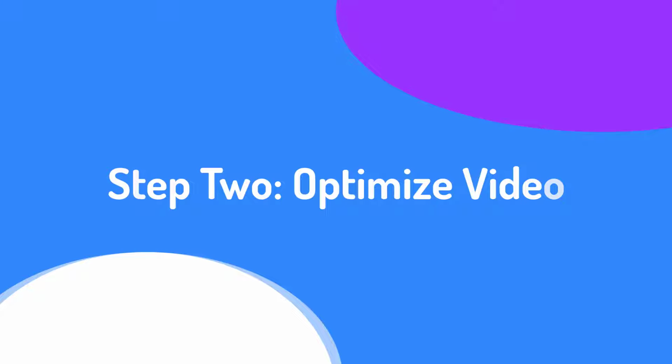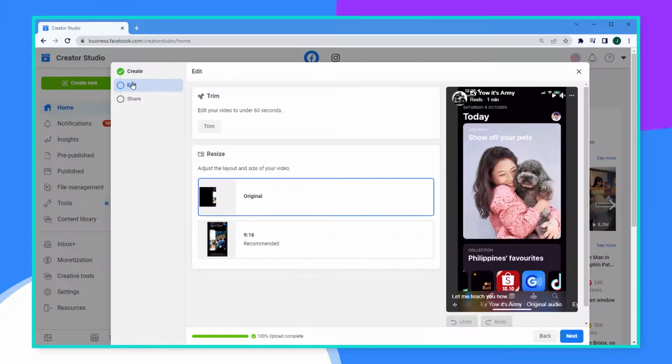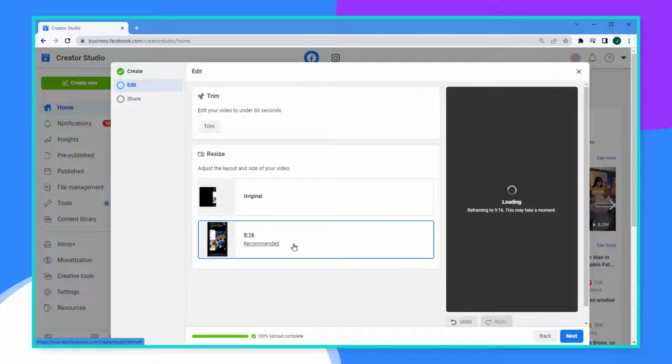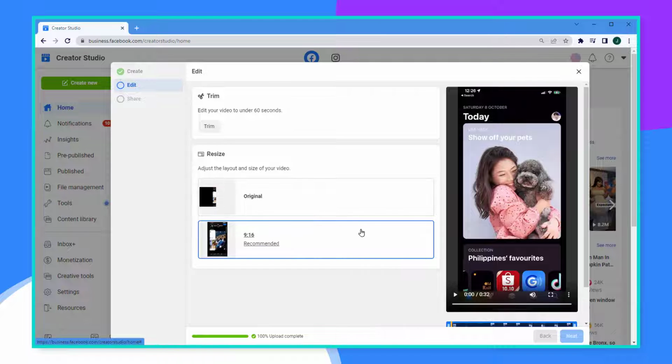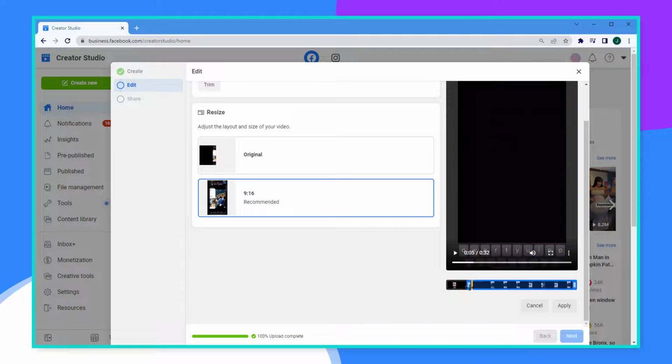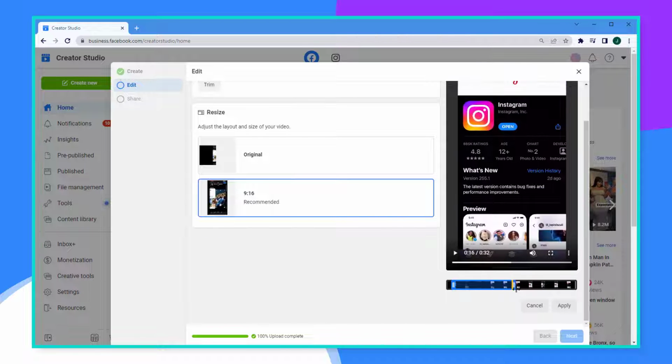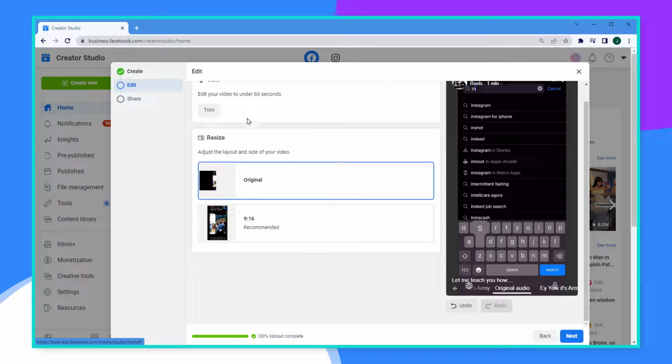Step 2. Optimize video. After uploading the video, you can optimize it for Facebook Reels in Creator Studio. If your video is already in a vertical aspect ratio and 60 seconds or less in duration, you can skip this step. You can reframe horizontal videos to either vertical or square. Creator Studio will display a preview on the side of the screen, so you can see how the video looks in its new shape. When you're satisfied with how the video looks in Reels format, you can continue to the